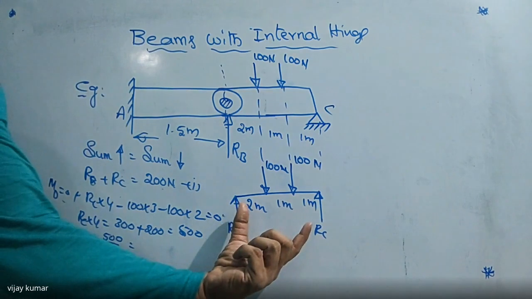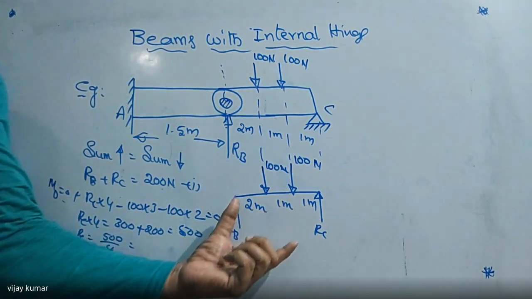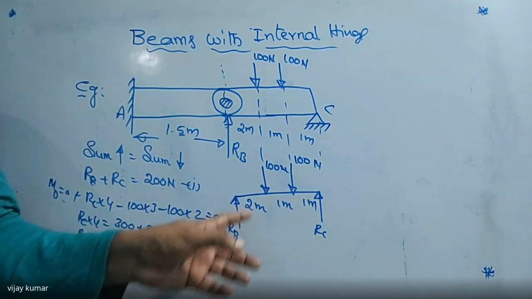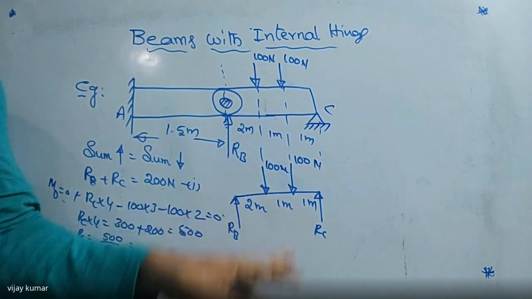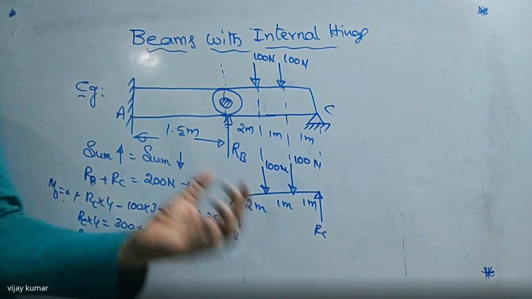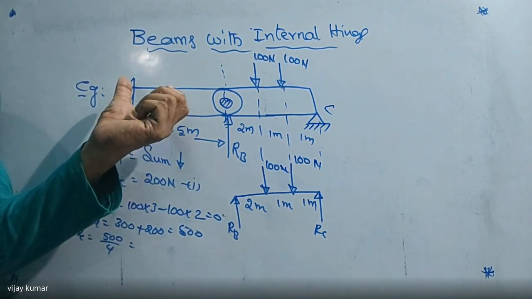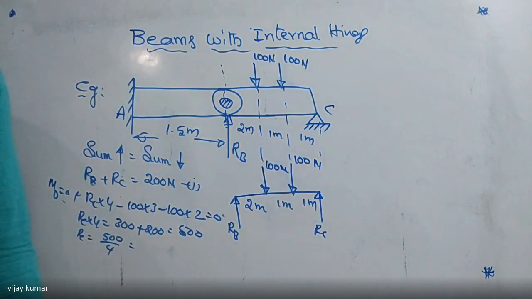After that, we can draw the shear force diagram. After that, we can draw the bending moment diagram. For this case, all of you know how to draw the shear force and bending moment diagram. I already told you one or two problems in the simply supported beam. We can write this like a cantilever beam. This portion we can draw the shear force and bending moment diagram for this case also. Then we can calculate each and every point. Okay. Right. So this is the way of calculation of shear force and bending moment diagrams